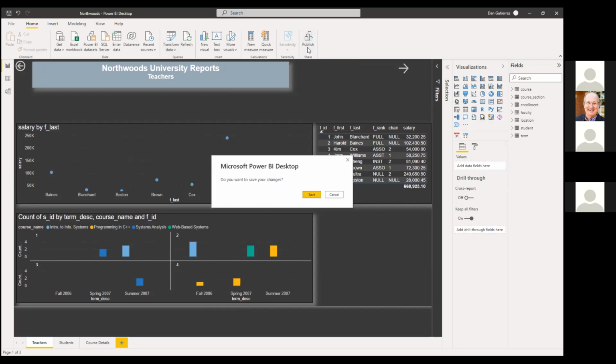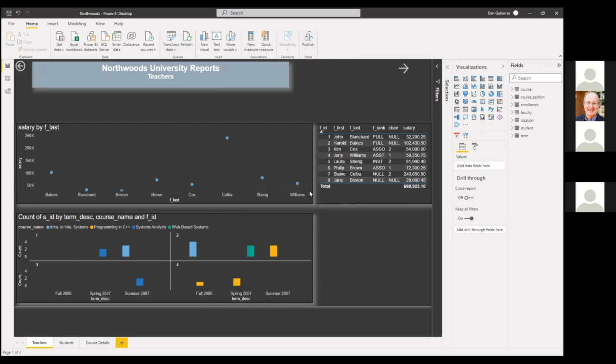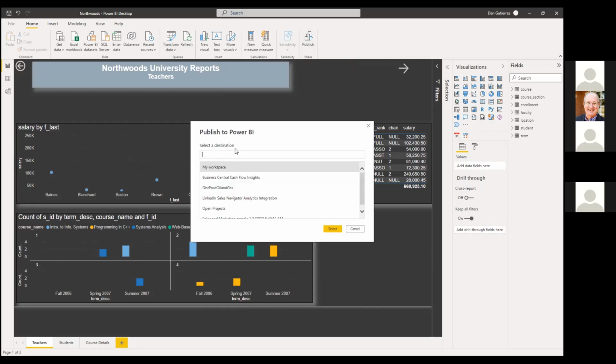So on your desktop under Home, there's a Publish button. It's going to ask you to save your most recent changes. And after that, it should have these items listed: My workspace, which is your own. If you are connected to any other workspaces, they would be listed here. What I'm going to do is just double check on